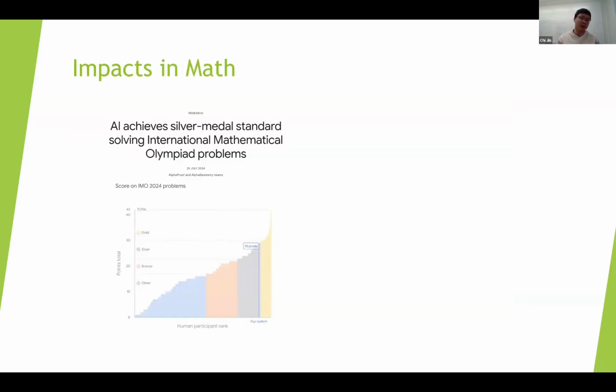Although you might not have heard of formal math before this talk, I would like to say it actually has a huge impact on the math community. First, you probably already heard of AlphaProof, which achieved silver medal performance in last summer's IMO, the most challenging mathematical competition in the world. I think they essentially have two systems. One is for geometry, AlphaGeometry, which uses DDAR, a formal system. The other system is for algebra and number theory, which essentially uses Lean.